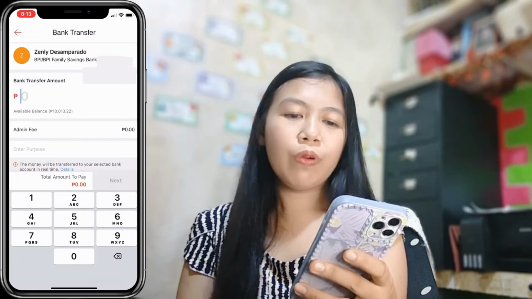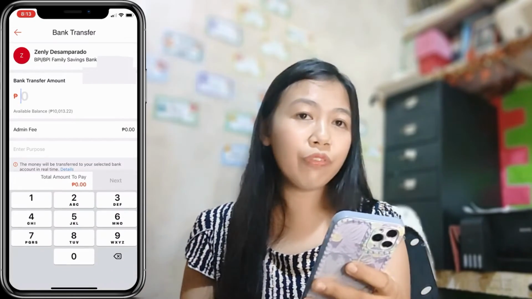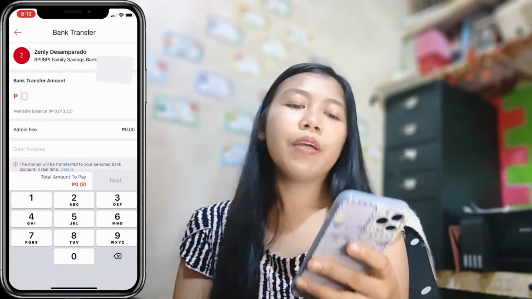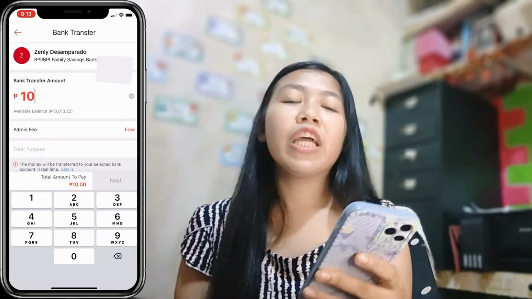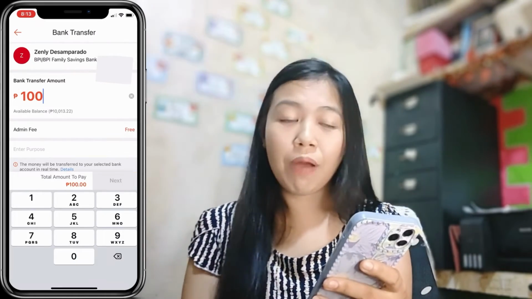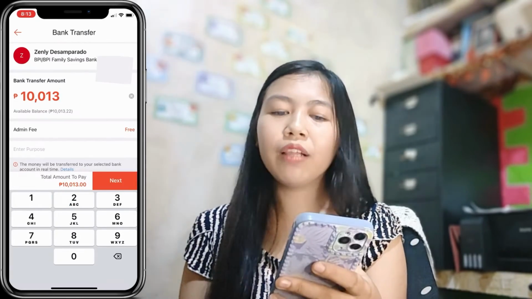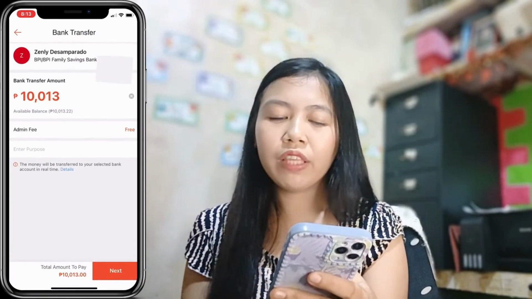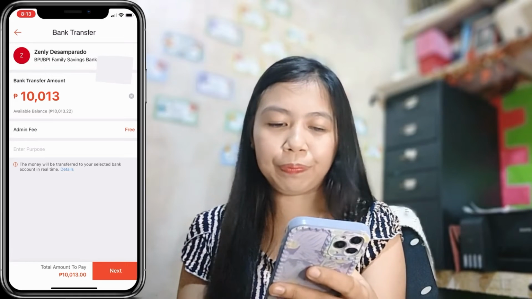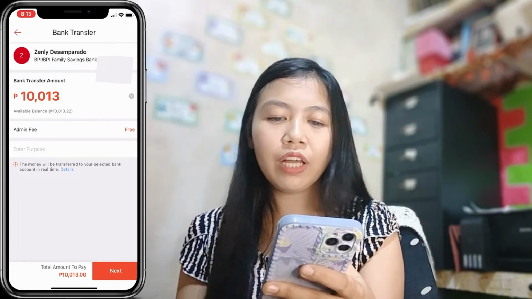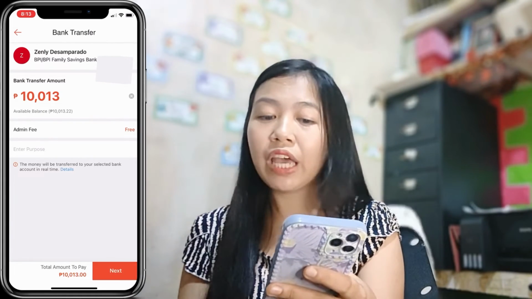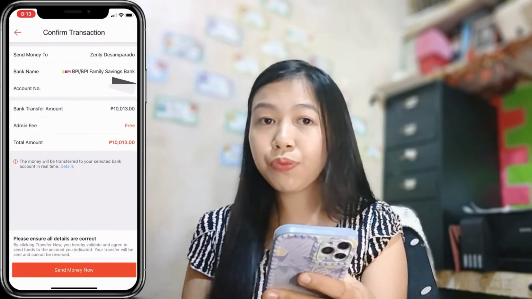Once you have filled in all the information of your bank, just enter here the bank transfer amount, the desired amount you want to transfer. I'll be transferring 10,000 peso. Right after that, we'll be clicking next. The admin fee is free here.